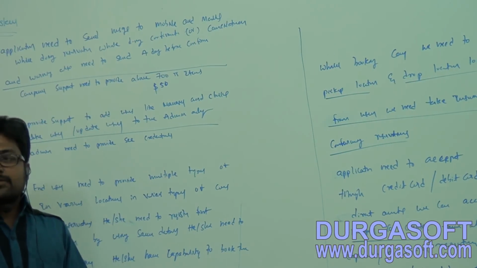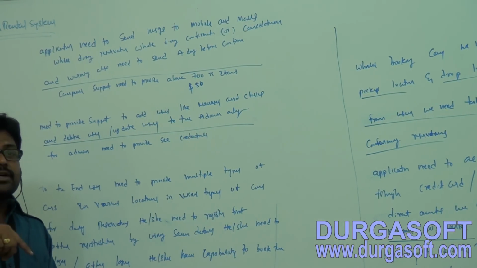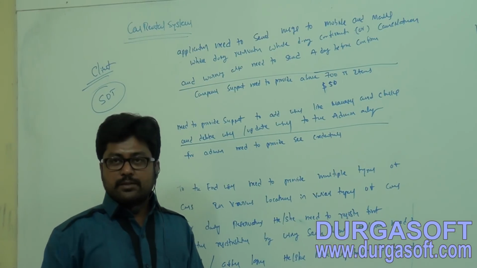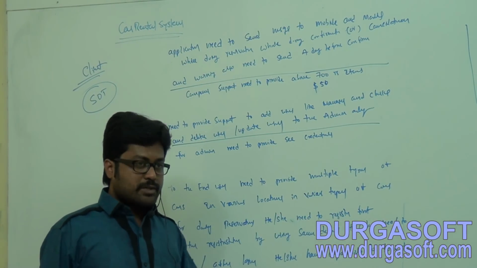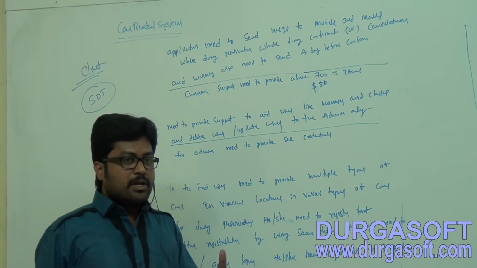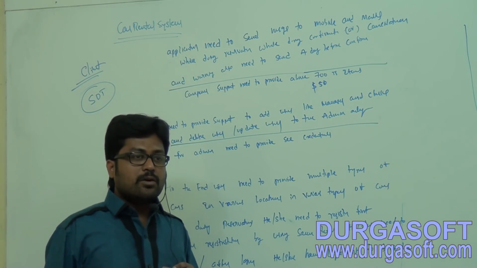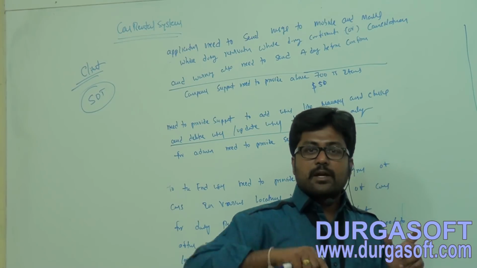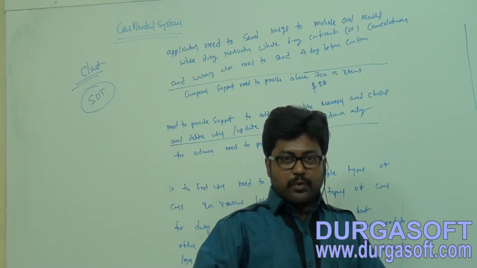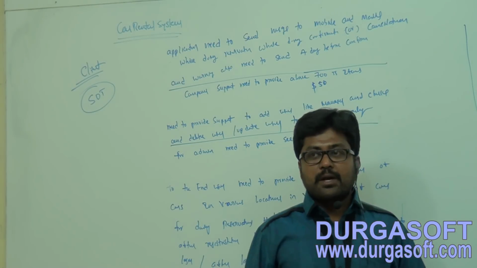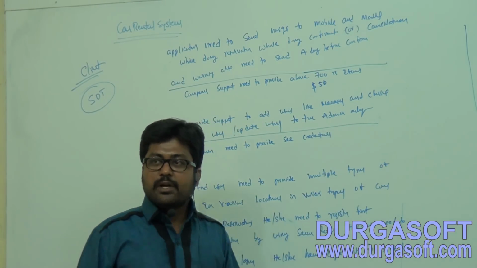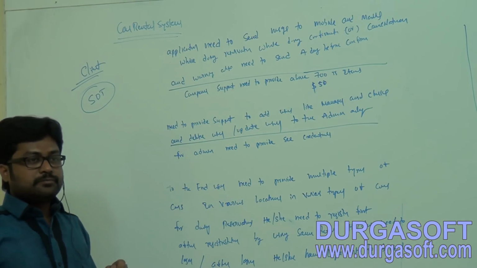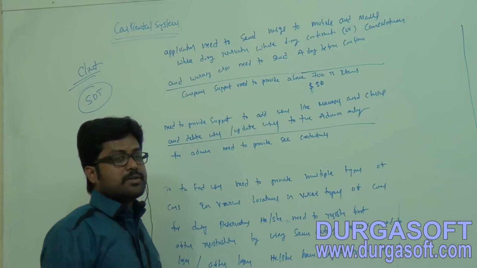And meter readings also we need to take: how many kilometers he traveled in that week or in that month. While confirming the reservation, that fuel information also we need to track. Who will track that fuel information? We need to take it from the clerk. The clerk needs to check before sending the car for pickup. So fuel we need to check, that meter reading also we need to check, and he needs to mention that as well.